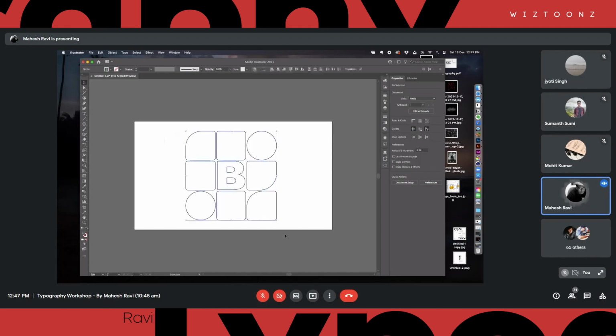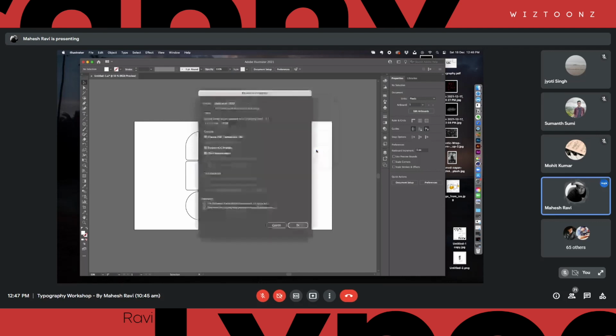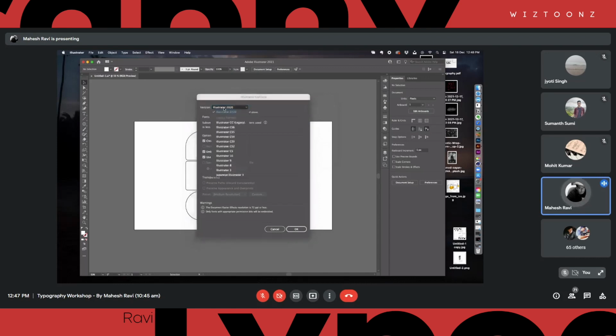So what I'm going to do is select all of this, converted to a shape, and I'm going to go here and we are going to save this on your computer as an AI file. So we'll call it Boas, right? And click on AI. Now, one thing you need to focus on when you're doing this is that if you export it in the latest versions, like 2020 or any of the latest versions, the file is going to be unnecessarily complicated, right? So then a 3D application will not find it comfortable to read that from an advanced format, right?